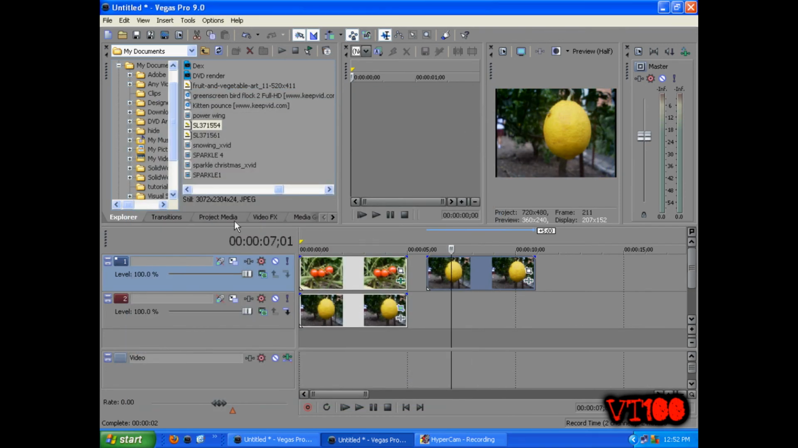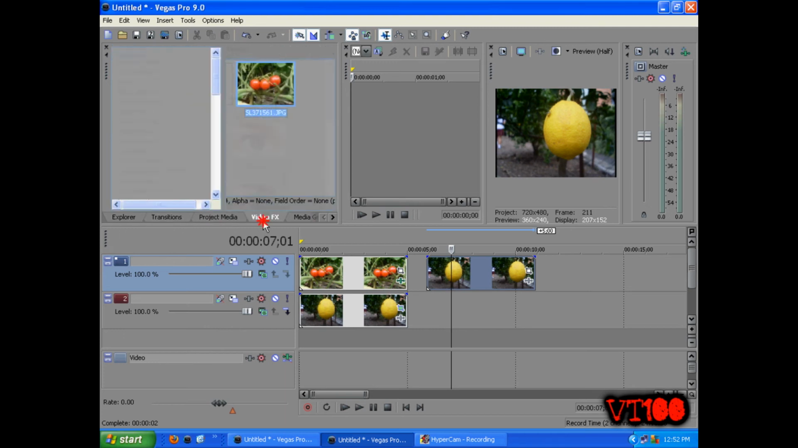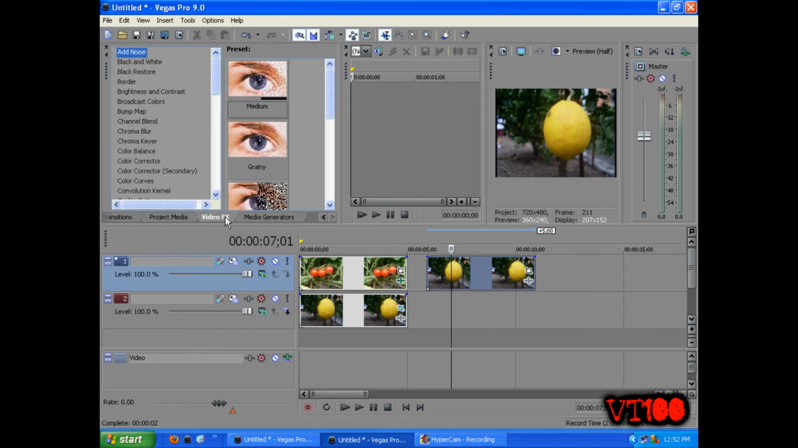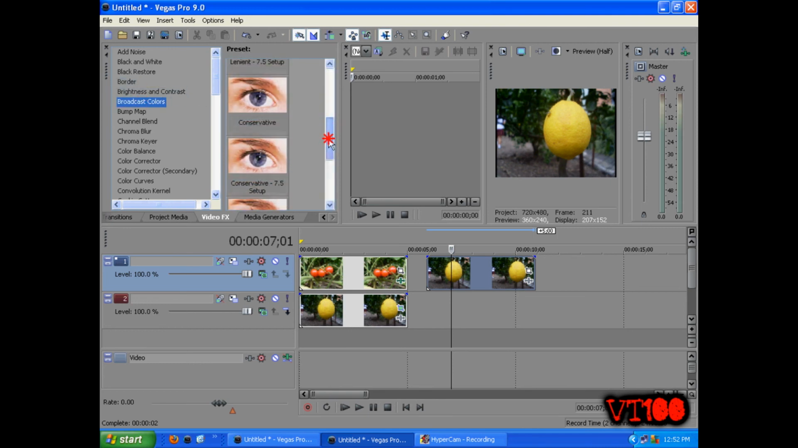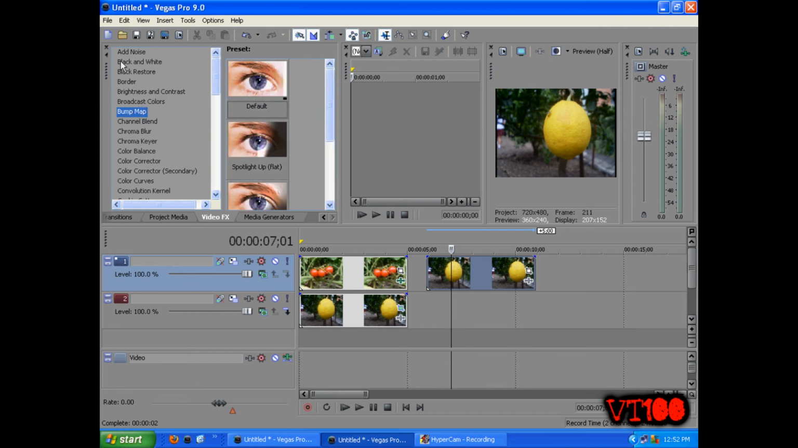Okay, like I said before, you've got lots of presets with the effects. So up here back near your Explorer menu, you've got the tabs for transitions, project media, and video effects. So into the video effects tabs, you've got the presets. You've got all your effects over here in the left, and in the right you've got the presets. You can create your own presets as well. So by going into an effect,